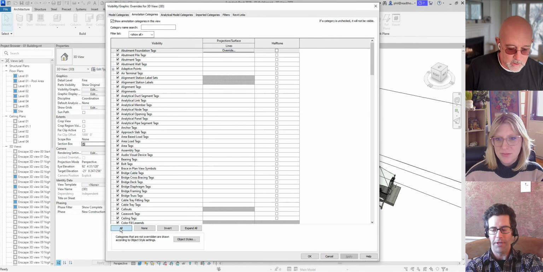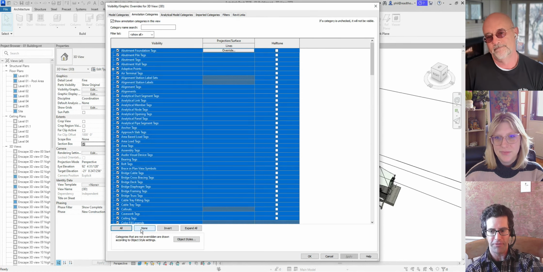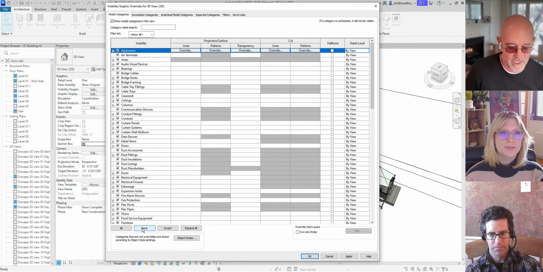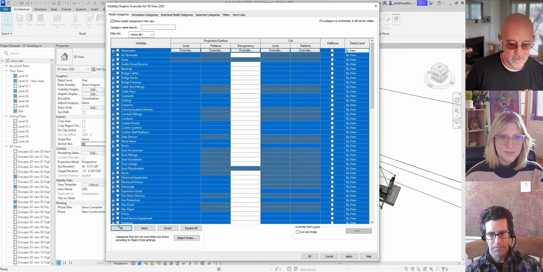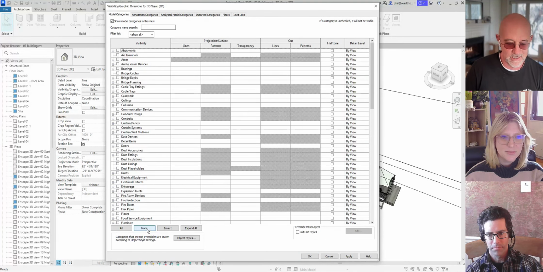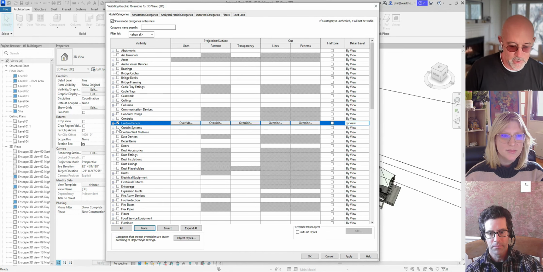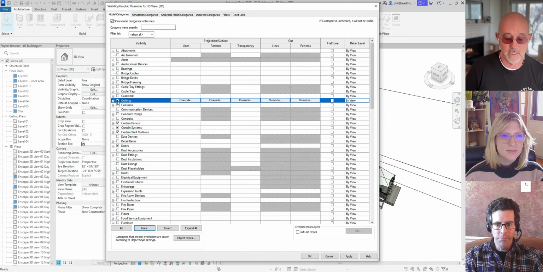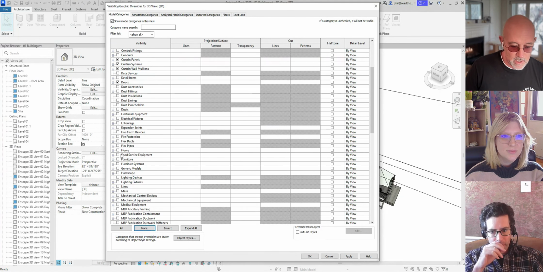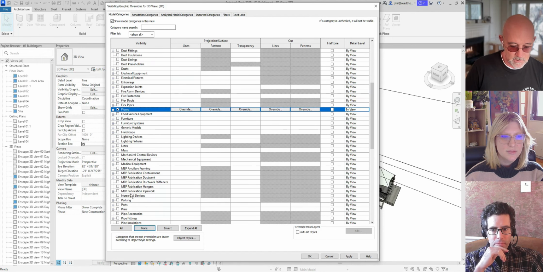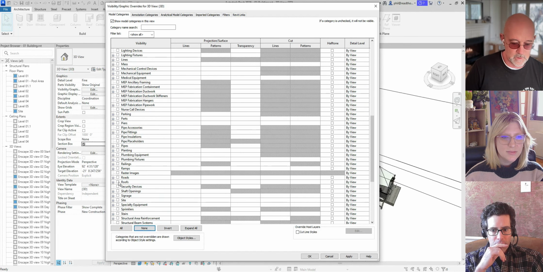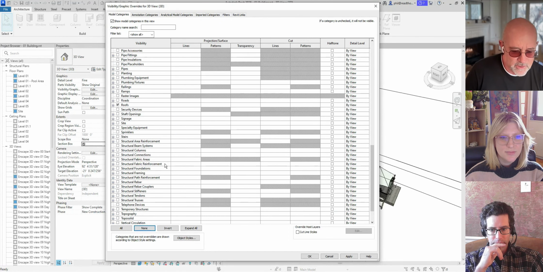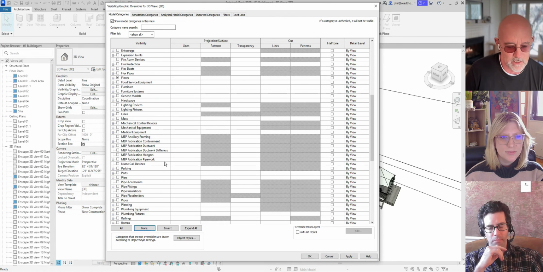It is going to ignore Enscape assets, but there's a lot of other stuff you have in here beyond that. I'm just going to start by turning everything off and then just turning on the categories we care about. So select all, deselect, select none. So what do we really care about? That's curtain panels, curtain systems, curtain wall mullions. We care about doors, ceilings, floors certainly do, roofs, walls, windows. Anything else that you think would matter from a calculations standpoint?